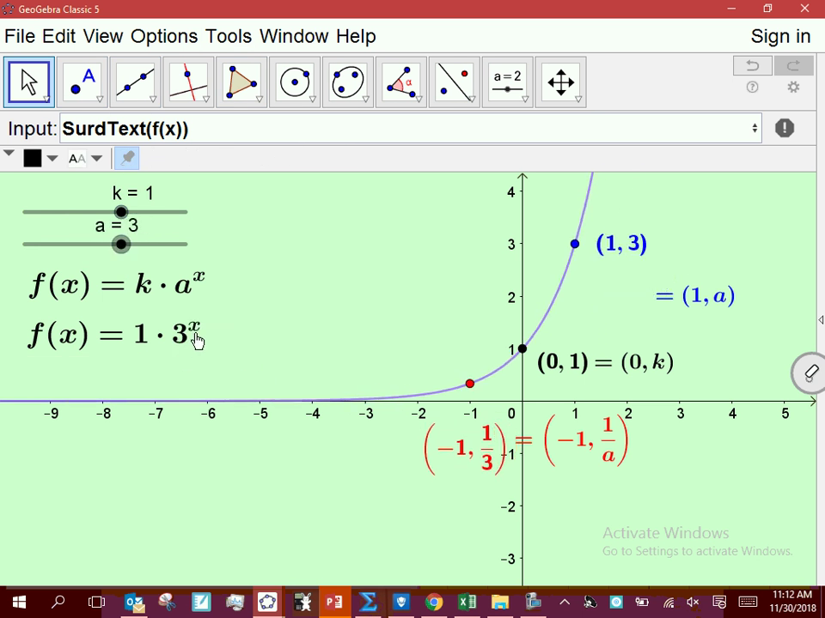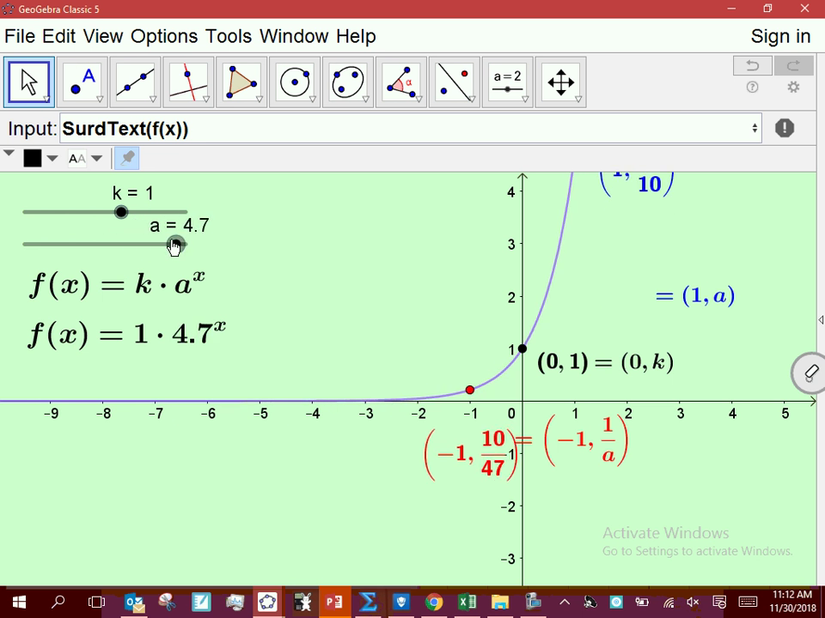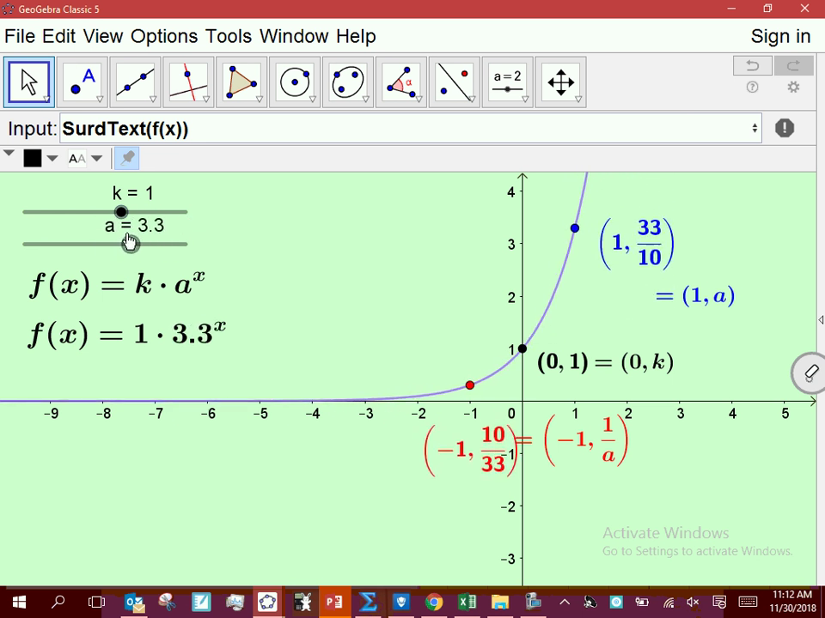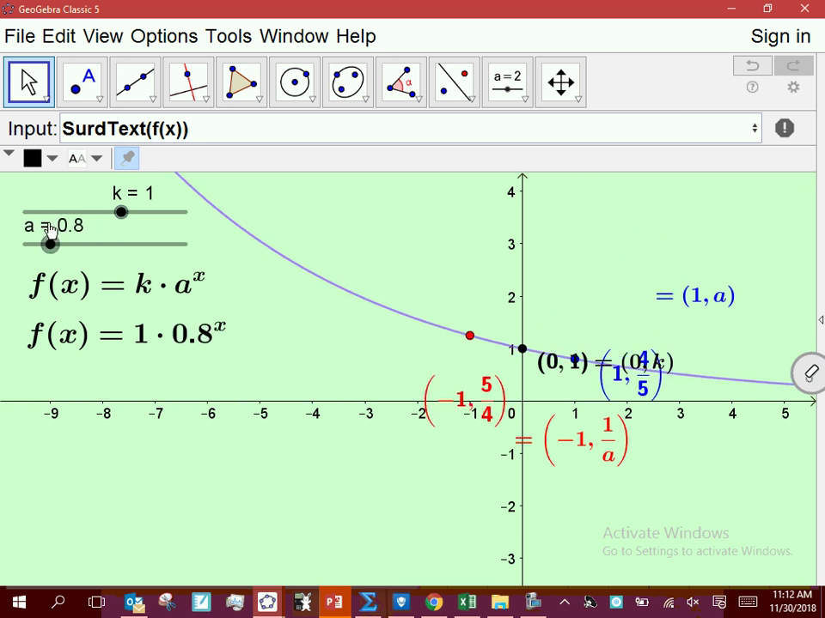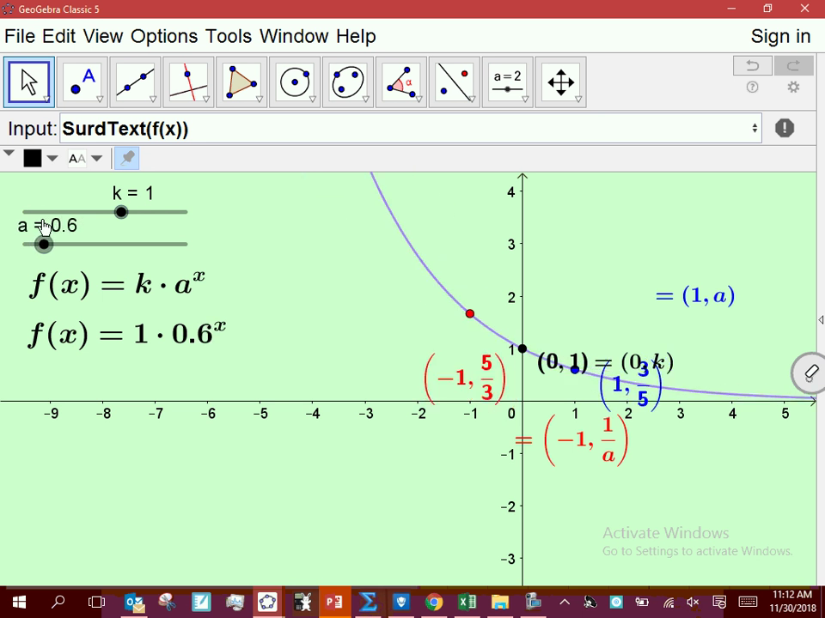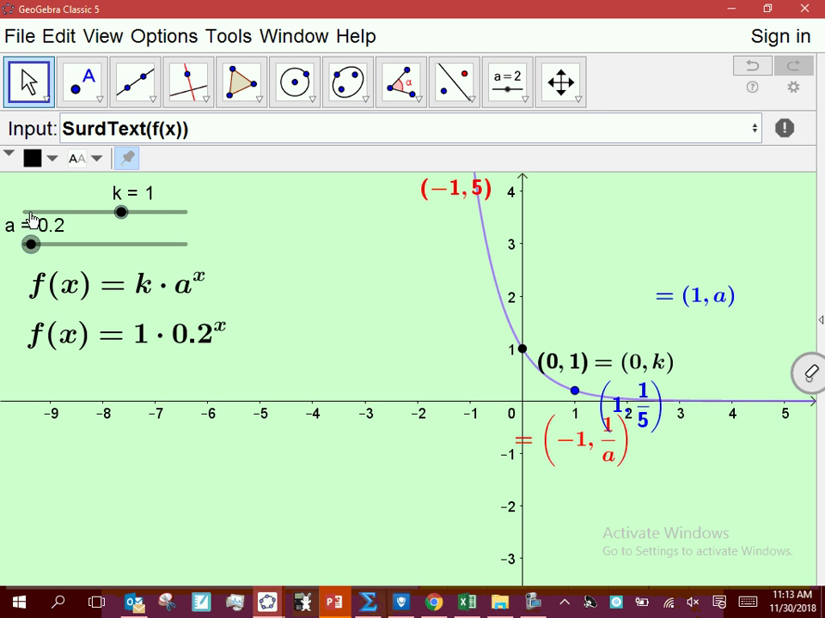What's 3 to the 0? 1. Do you see that if I go 4 to the 0, I still get 1? So does it make sense that regardless of what my base is, even if I go over here between 0 and 1, we'll talk about this in a little bit, regardless of what my base is, as long as I keep it,